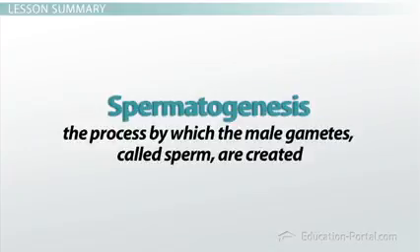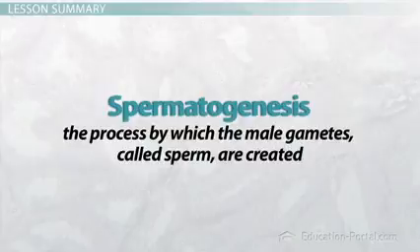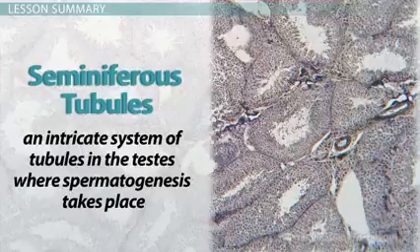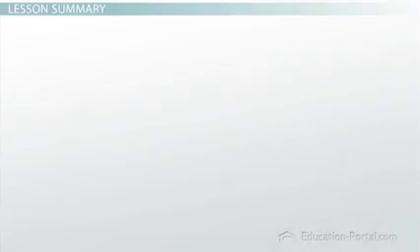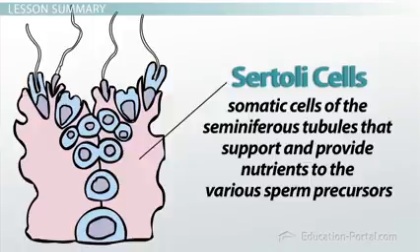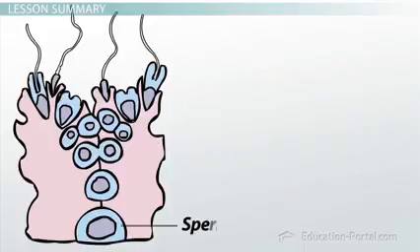Spermatogenesis is the process by which the male gametes, called sperm, are created. Spermatogenesis takes place in the seminiferous tubules, which are an intricate system of tubules in the testes where spermatogenesis takes place. The tubules are lined with an epithelial layer of Sertoli cells, which are somatic cells of the seminiferous tubules that support and provide nutrients to the various sperm precursors. The rapidly dividing spermatogonia, or sperm cells that are found in the testes, are located at the base of the